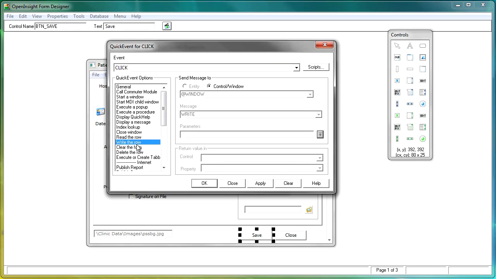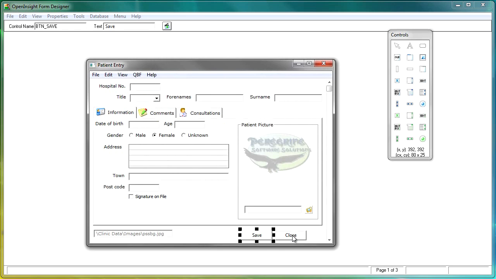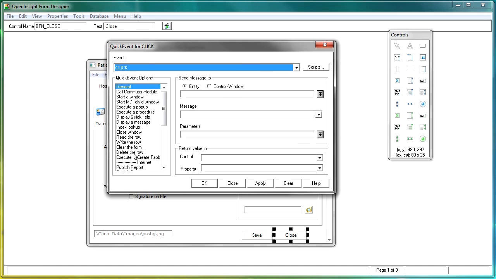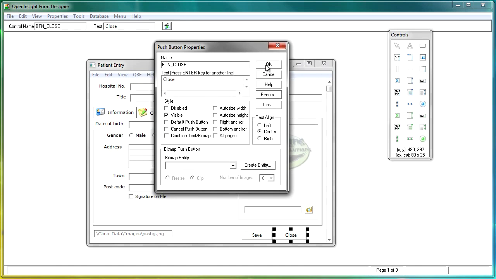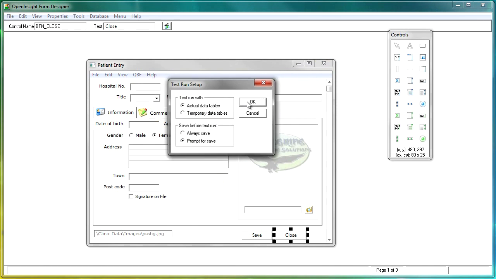Clicking the quick event in the list here immediately sets all of the properties etc. for us, so we can just click OK to that one. And again the same for close. We can go into the events and we can select the close window event and OK that, and pretty much we're done. We can now go ahead and we can test run that form,